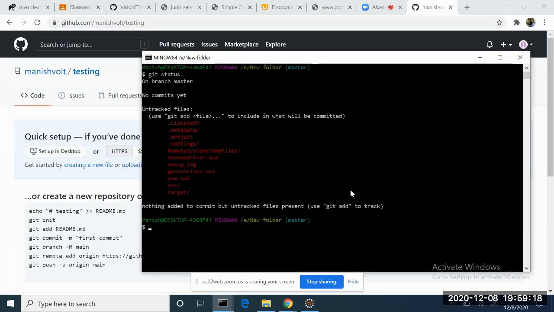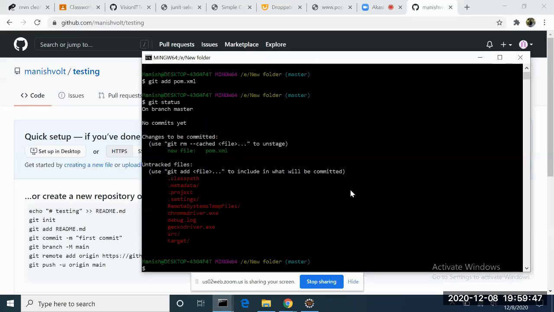So one way is I'll do git add and I'll individually add git add src and git add pom.xml, right? So I have to mention git add src, git add pom.xml. Maybe just for practice, can we just do that? So Manish, can you do git add? No, don't say add src, add pom.xml, just add pom.xml, right? Yeah. Enter, do a git status,